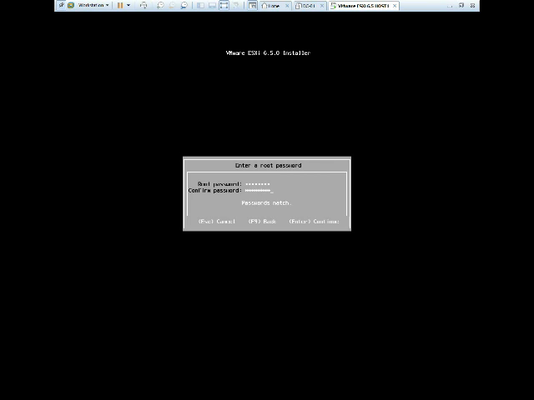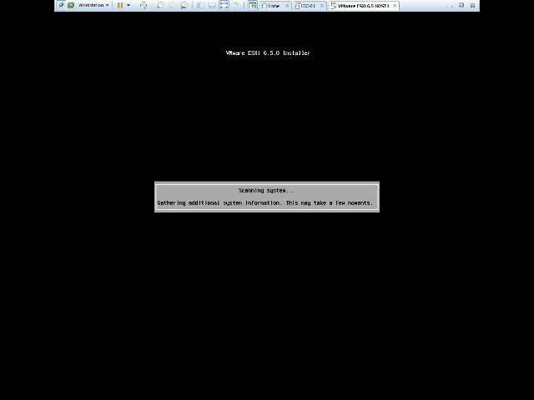Basically the root password is nothing but the administrator password. In Windows, when we install the OS, it asks us to set the administrator password. Same in ESXi, it's asking us to enter the root password. It's just the administrator password. Once it is set up and ready, you need this password to log into the server for further configuration. Click continue.